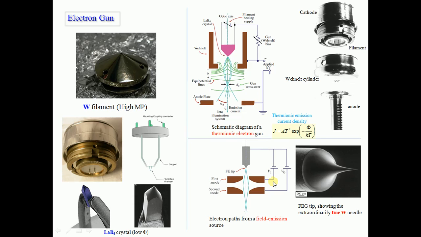source and the cathode, and it is applied in two stages, first anode and second anode. This is field emission, and a very highly focused and highly directional electron beam can be achieved with the help of a field emission gun. And these are LaB6 and tungsten guns; these are the photographs which are available in the handout of the JEOL